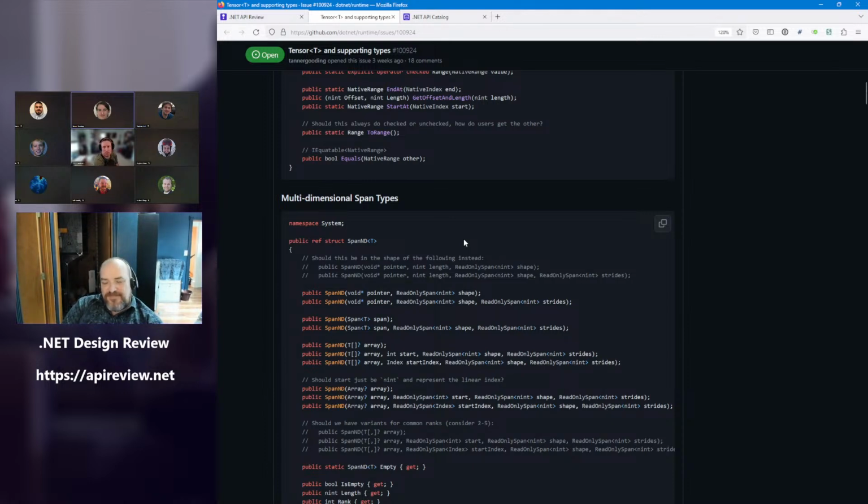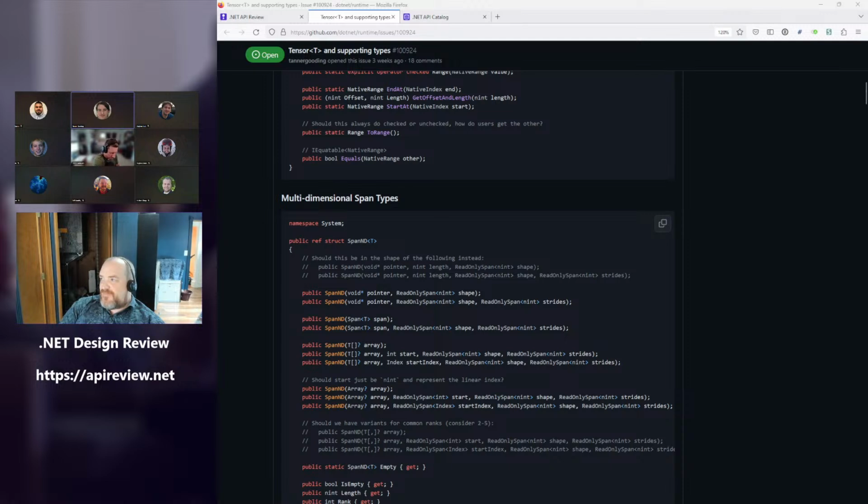So there were lots and lots of discussions with the rest of the people that are particularly interested in this space. And the top two names that came out of it were span-nd, which was the clear preference from everyone except for Steven, who put it as third. And the second one, which was quite a bit further behind but was the clear second, was tensor span.